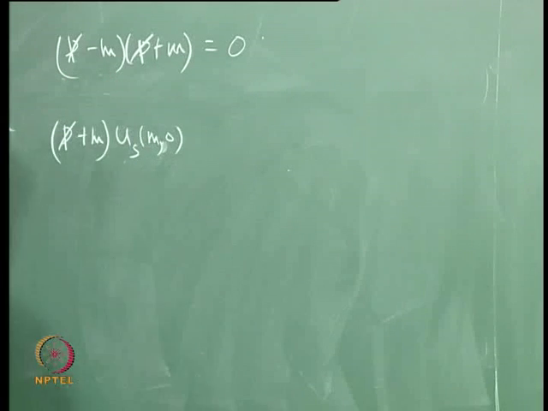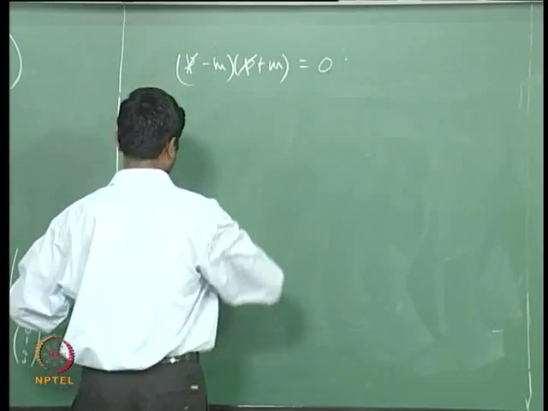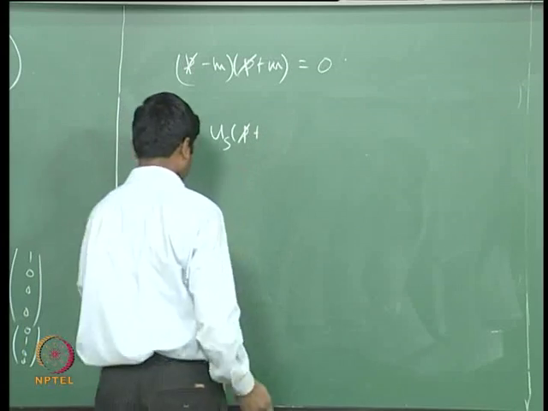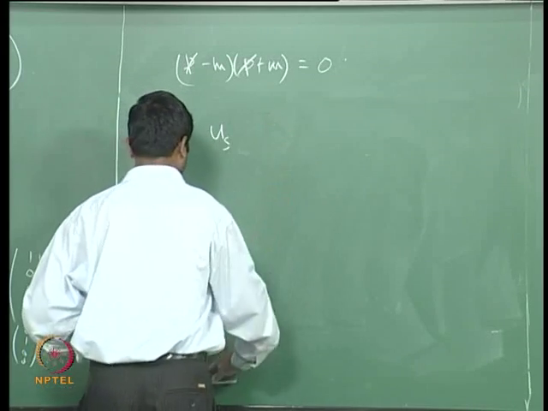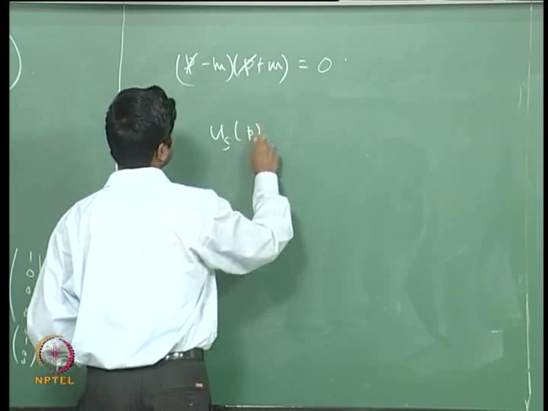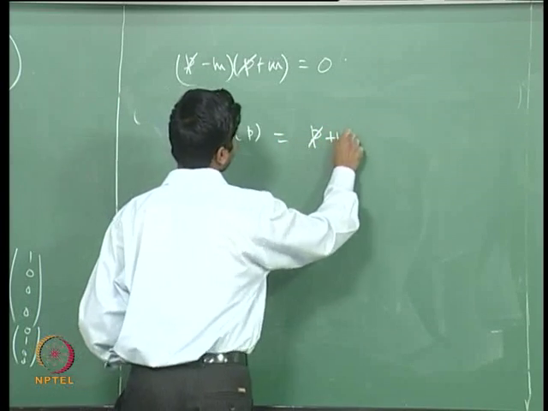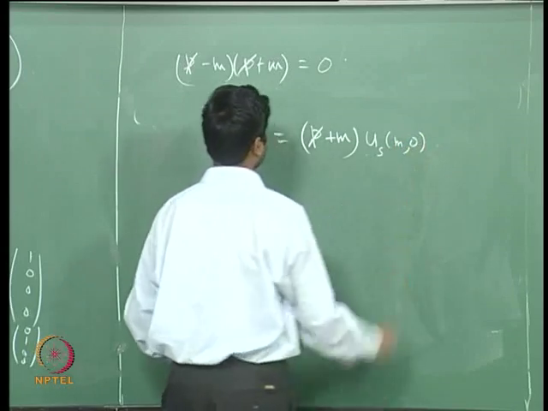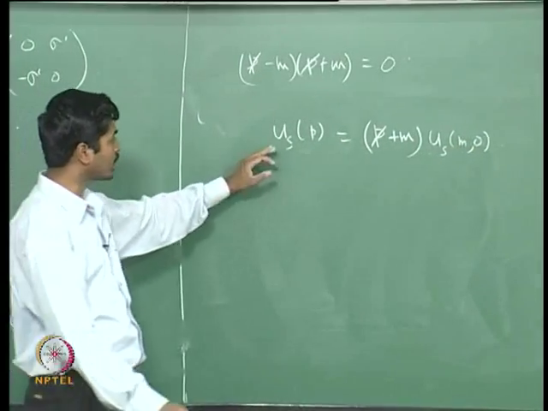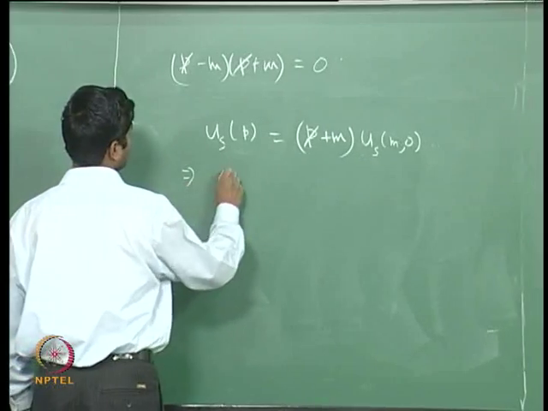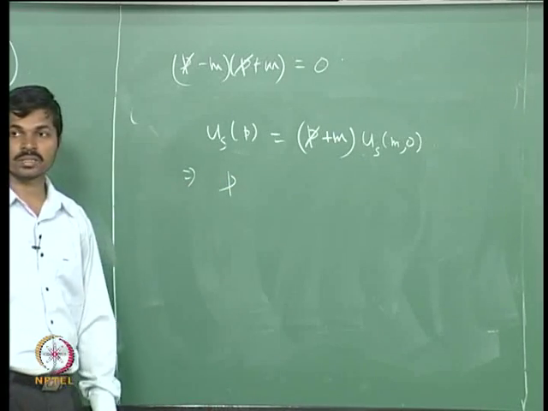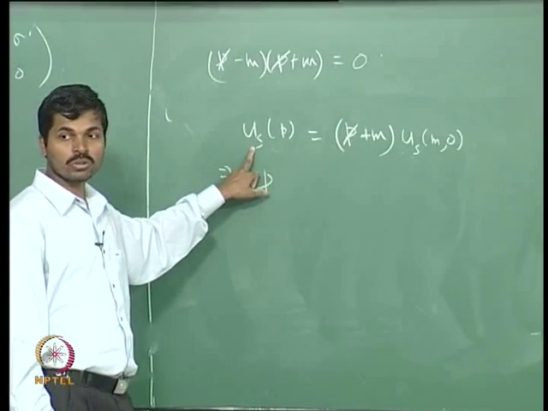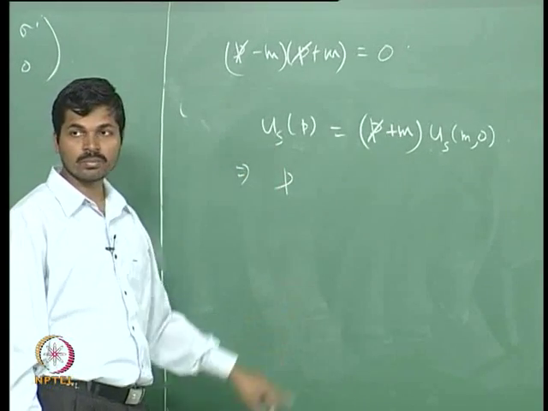So, if I define u s of p to be p slash plus m u s of m 0, then this is a solution to the Dirac equation, and for s equal to 1 and 2, there are two linearly independent solutions here for arbitrary momentum, right,